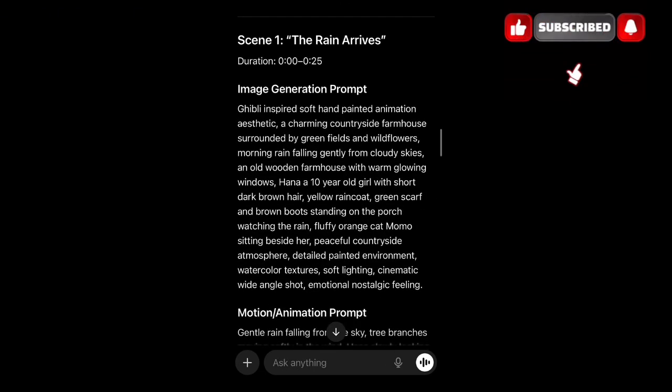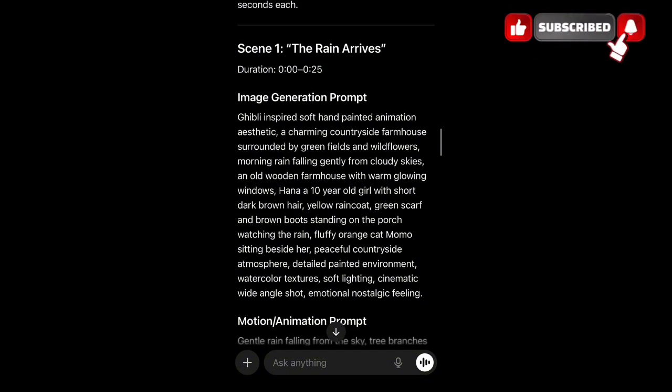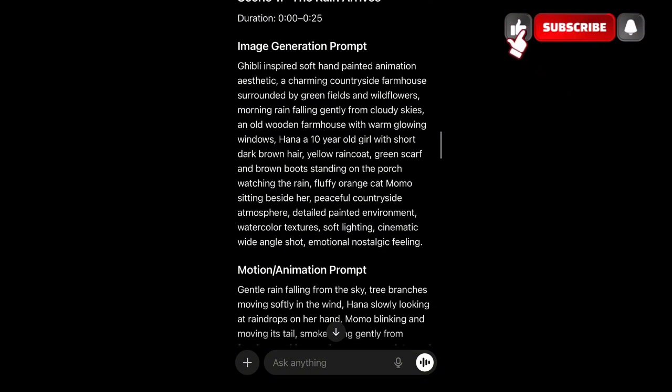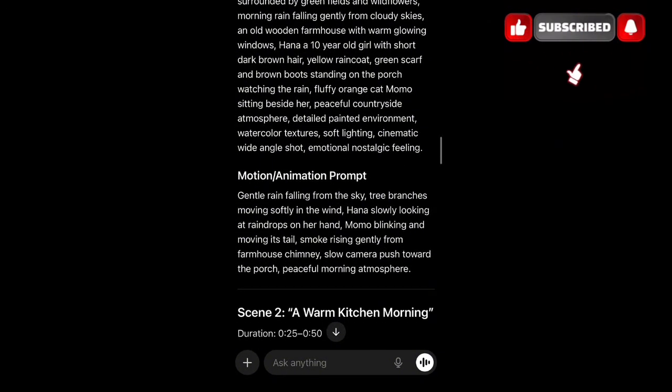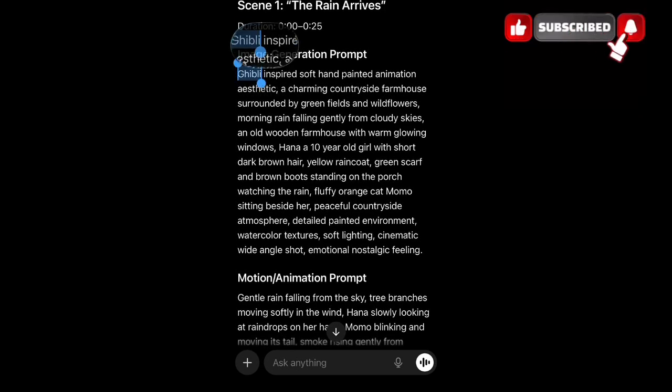So I'm just going to scroll past it, and the number one thing you should be interested in is your scene. That is the main thing we'll be dealing with. Now this is my scene I'm working with, and this is the image prompt that comes up with this scene. The only thing you should look at in your scene is your image prompt and your animation or your motion prompt. So I'm going to copy my image prompts